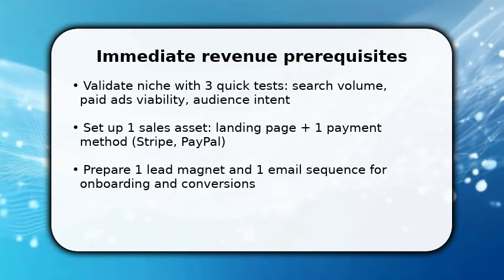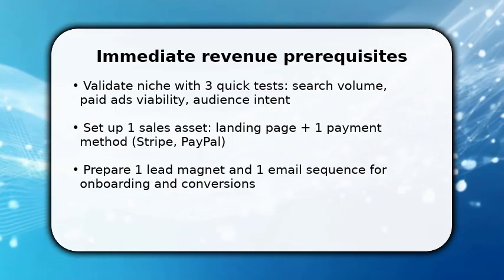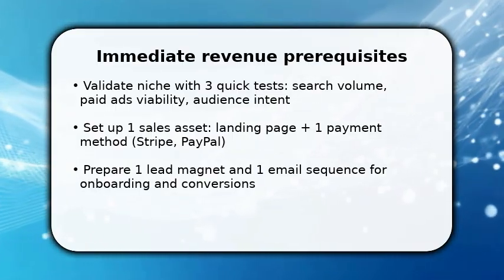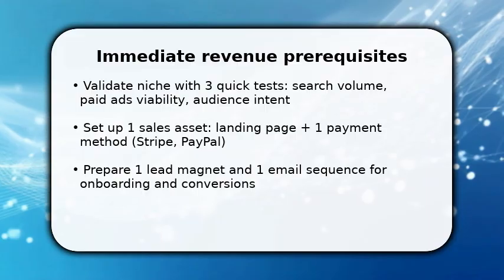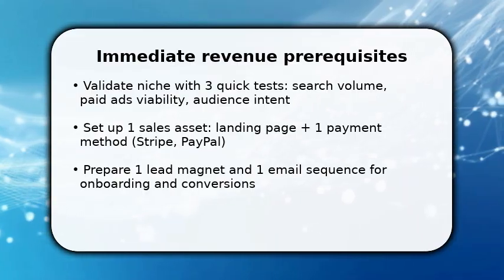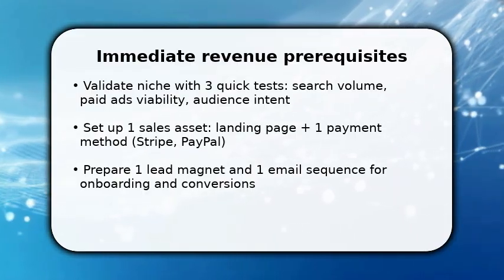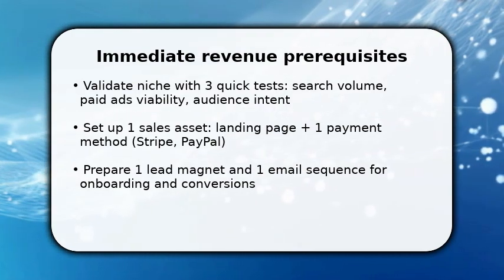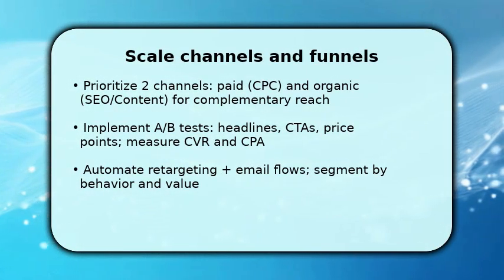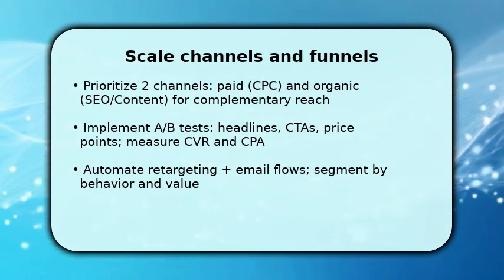Next, create a single lead magnet that solves a clear problem and a 3-email onboarding sequence that turns cold traffic into first-time buyers. Make sure tracking is live, so every click and conversion teaches you what to double down on next. Once the core asset converts, focus on scaling 2 channels, one paid for predictable volume and one organic for